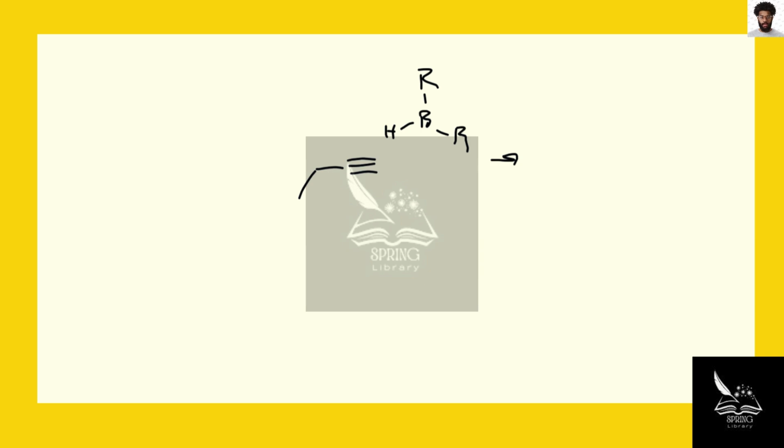And what I want to point out is that if we call this carbon 1, 2, 3, and 4 in that intermediate, then what we end up with is a bond between our previously identified carbon 1 and boron. And that in the final step, when we do the oxidation